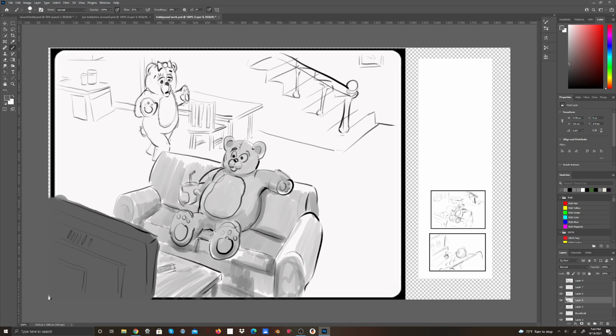Yeah, I gotta make him a little bit darker because the background stuff will be super light if I don't make him a little bit darker, because he's pretty close to the front. I may even darken up